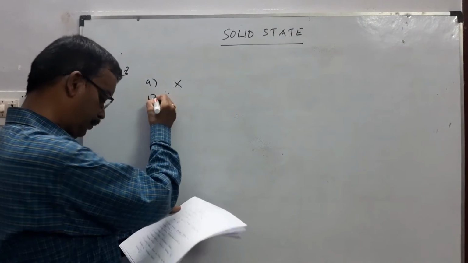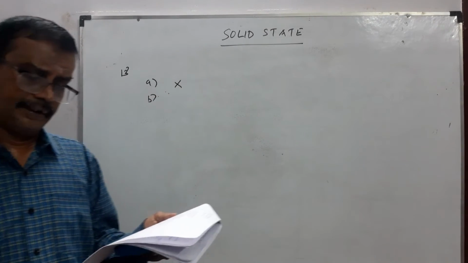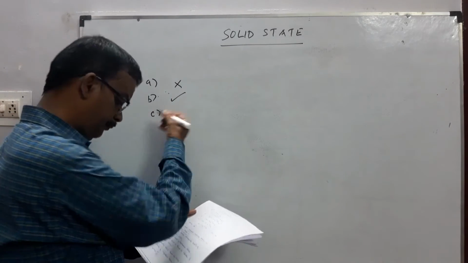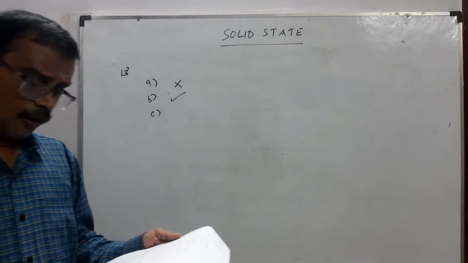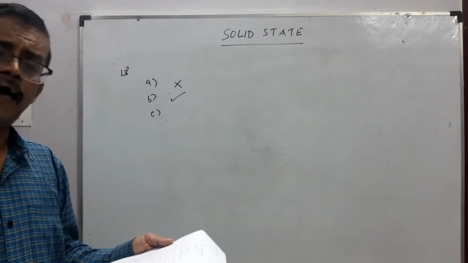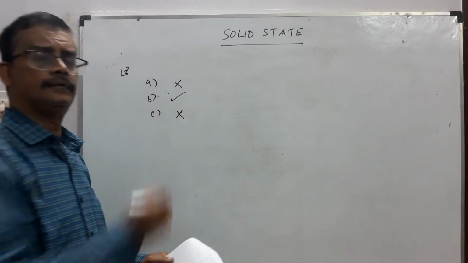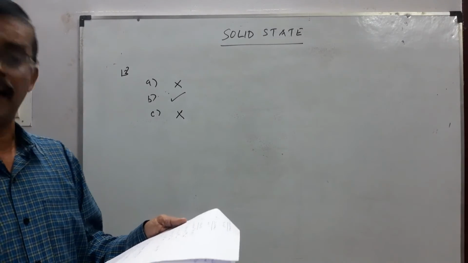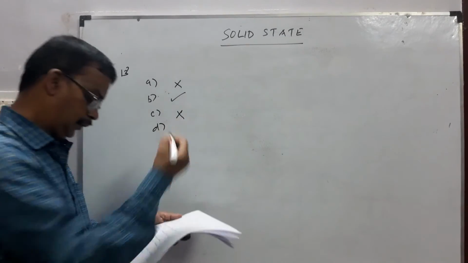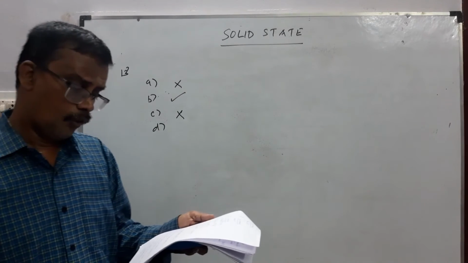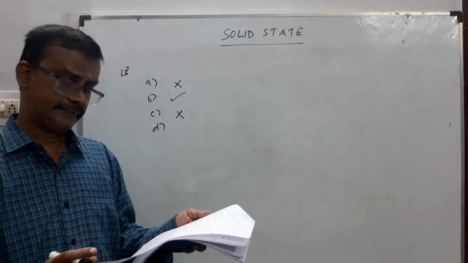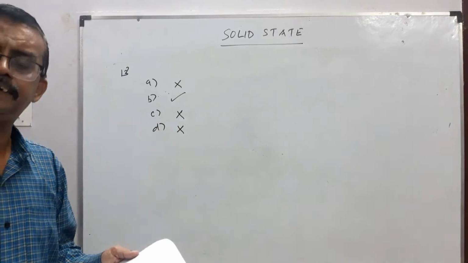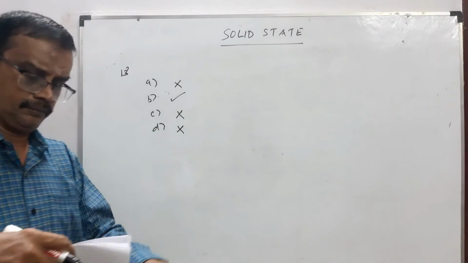The wrong statement. B. Frenkel effect is a dislocation defect. Correct. C. Frenkel effect is found in halides of alkali metals. Wrong. Schottky effect is only found in alkali metal halides. D. Schottky effect has no effect on the density of the crystalline solid. Wrong. In Schottky effect, density of the crystal decreases.